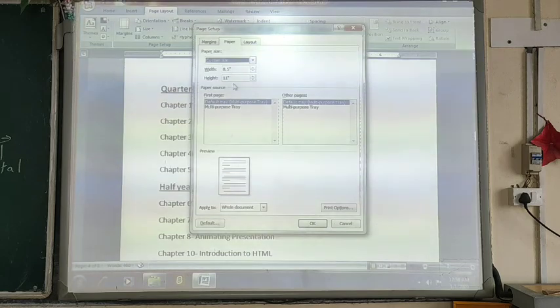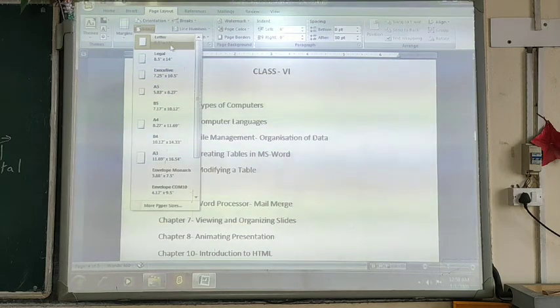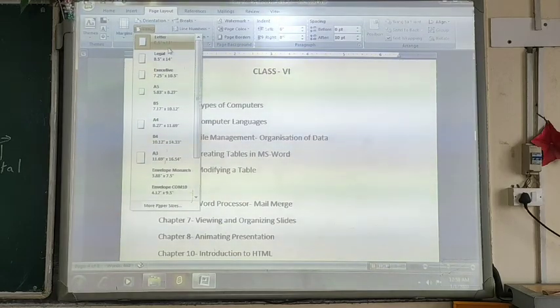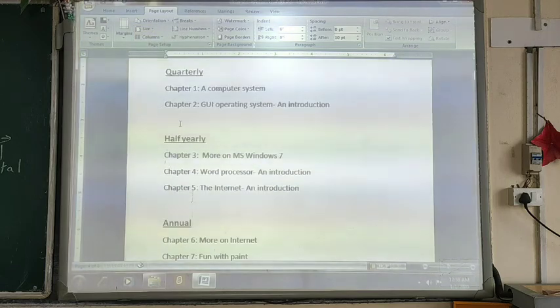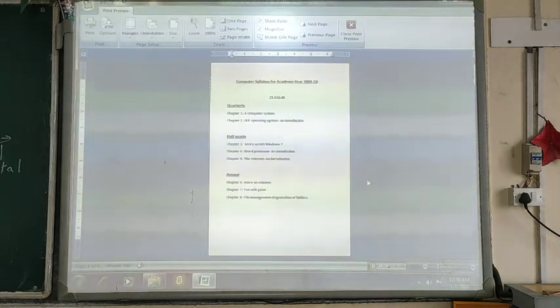you can define the width and the height of the paper, and it will be applied. After defining the width and height, you can click on the OK button. By default, the computer always uses Letter size paper. But for printing, the most common paper size available to us is A4 size. So we selected A4 here, and now as you see in the print preview, the size has been changed.